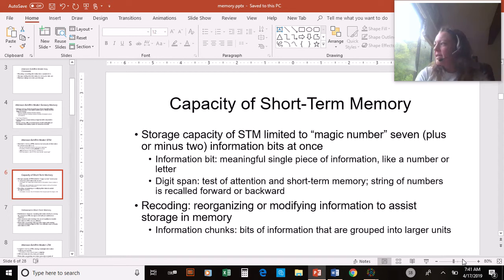So think about the file tree on your computer, and you have those different folders, right? You have a folder for music, a folder for pictures, and then maybe a folder for your schoolwork. And as information comes in, what do you do? All your pictures go in one folder, your music goes in another, and so on and so forth. All that information gets grouped into those folders. In a way, that's very similar to what's going on in our brain as information is stored.